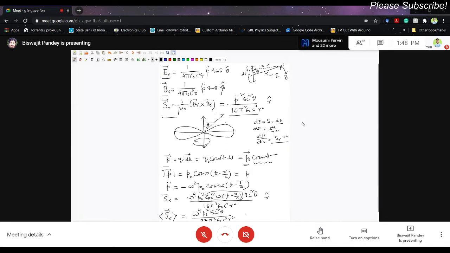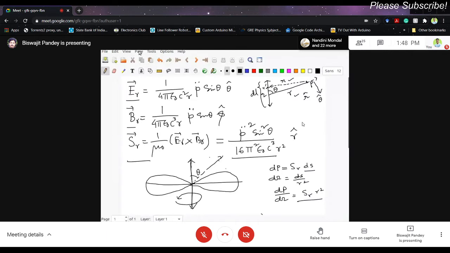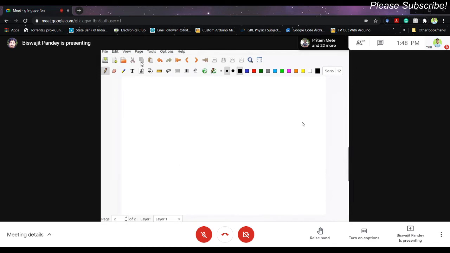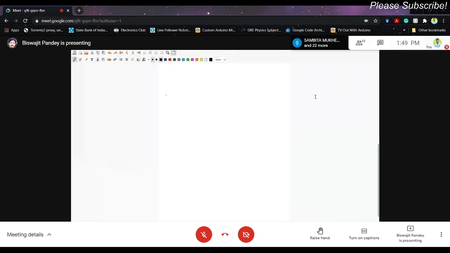Time average Poynting vector. Now you can assume what the next part is going to be, that is, how much is the total power radiated by this oscillating dipole. To get that, you just have to integrate either the Poynting vector or dP d omega, whatever you want. What is the total power emitted by the dipole? This will be Pt, given by, what is that? You have to integrate the Poynting vector across the surface of a sphere, right?